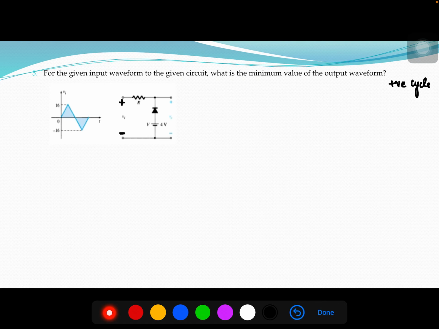That means in your positive cycle itself there will exist two cases. In the first case the diode can be forward, or in the second case the diode will be reversed. When the diode is forward, it will be short circuited. That means in this particular branch you will be left with only a battery of plus 4 volt, and your objective is to calculate V0, which is in parallel to this branch, so it will be 4 volt.